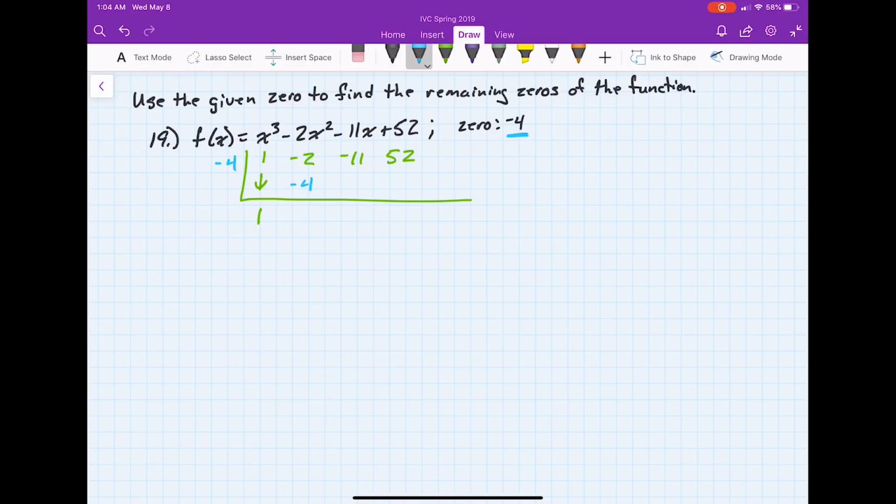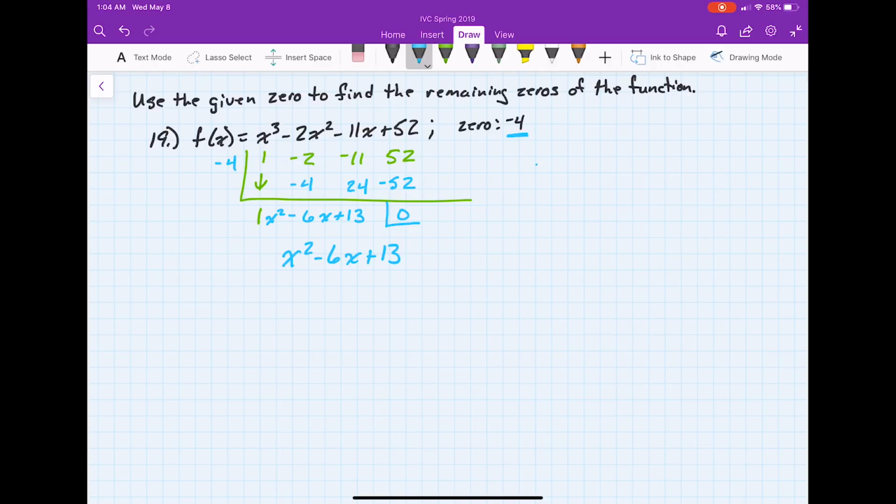So this will be -4, which will equal -6. -4 times -6 is 24, so that's going to be 13, added together, of course, and then -4 times 13 is -52. And this should be no surprise. It was given to us that this was a 0, so it should work out to 0. And since that was to the third power, all this down here is to the second power. Since I didn't factor out, I could have looked for more zeros doing the other method, but we'll go this way